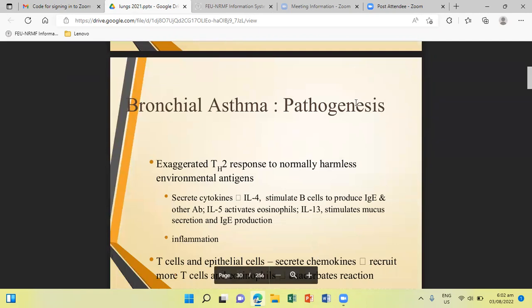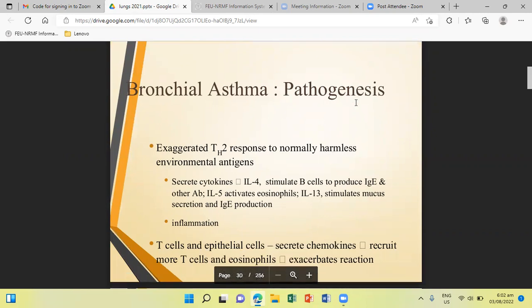So let us try to see what happens in an asthmatic patient. Atopic asthma is caused by a T helper 2 and IgE response to environmental allergens in genetically predisposed individuals. That's why, as I have said, it often arises on a background of family history. Airway inflammation is central to disease pathophysiology, and it causes airway dysfunction due to the release of inflammatory mediators, and partly through remodeling of the airway wall.